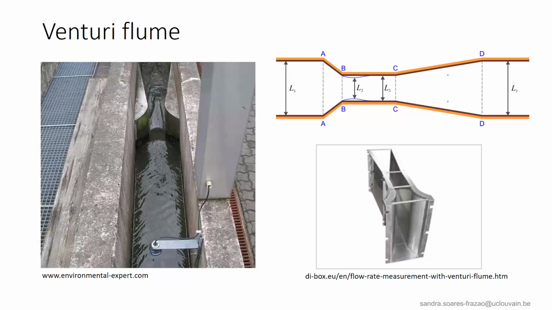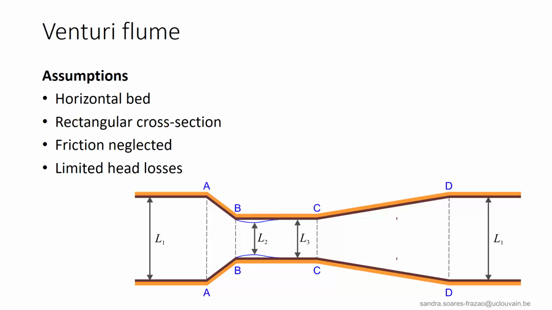Venturi flumes are used to measure the discharge in small streams by measuring the water depth at one or two locations, as we will see. To describe the flow in such a device, we will assume a horizontal bed, which is almost always the case in practice. We will neglect the friction forces and consider that the head losses in the converging and diverging parts are very limited. Indeed, the converging part AB is often designed with an elliptical shape to avoid the flow contraction